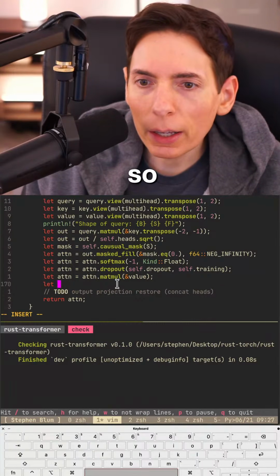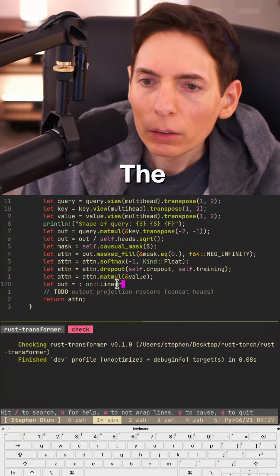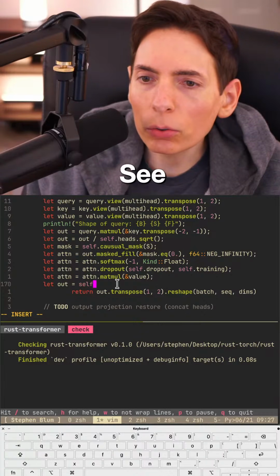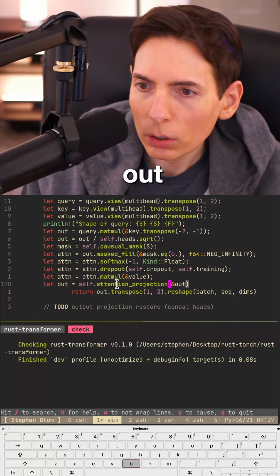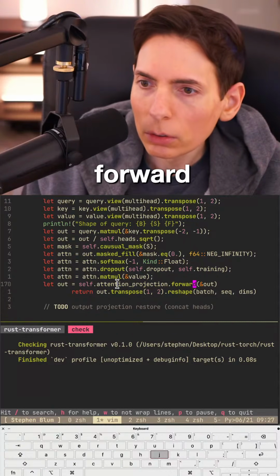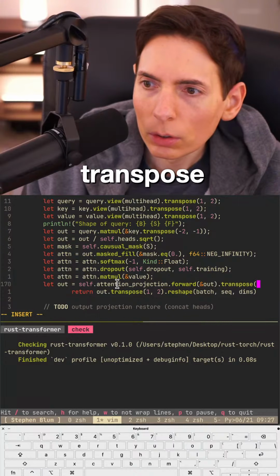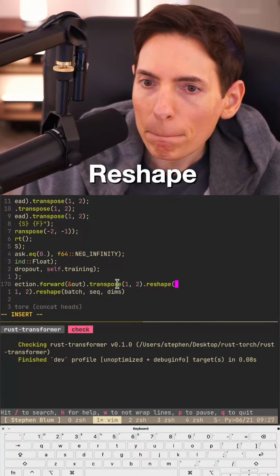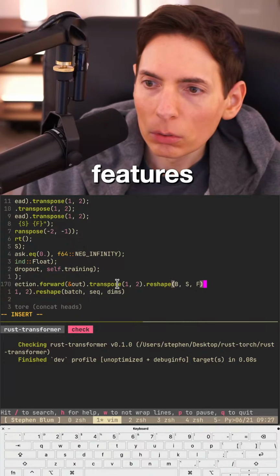Okay. So let out equals, let's see here, we have to do something like this. Let's see, self.attention_projection.forward, then transpose 1, 2, then reshape with batch, sequence, features, like that.